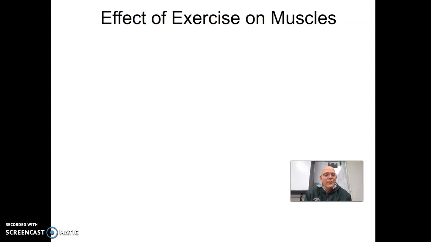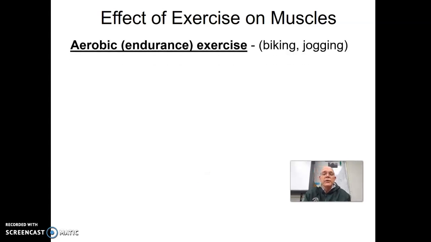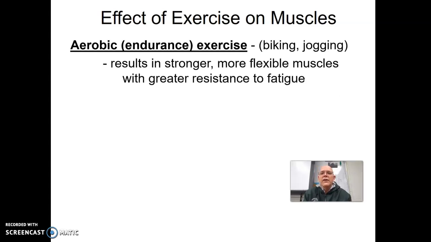It does involve aerobic respiration, but eventually if you run very long, you probably switch over to anaerobic, start getting lactic acid buildup and pain and all that sort of stuff. But here's the deal. The effects of it is this. If you have aerobic or endurance exercise, then you're going to have stronger but more flexible muscles. They're not bulky muscles. They tend to be longer and more flexible. They are stronger. They don't fatigue as easily. They can go a long time. It's the idea of endurance, that you can go a long time without getting fatigued and going into muscle fatigue.